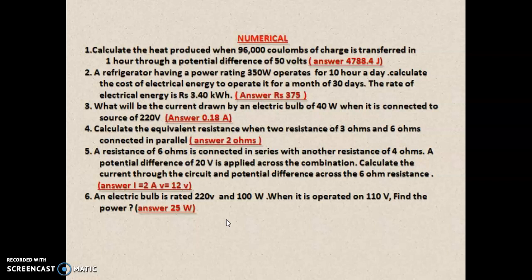So next you have to find out the power. The voltage is given as 110. So from this resistance and using the potential difference 110, you can find out the power. The formula is the same, P is equal to V square upon R. So you can get the answer. Okay, hope you have understood this numerical. So we have finished chapter 12. Okay, thank you.